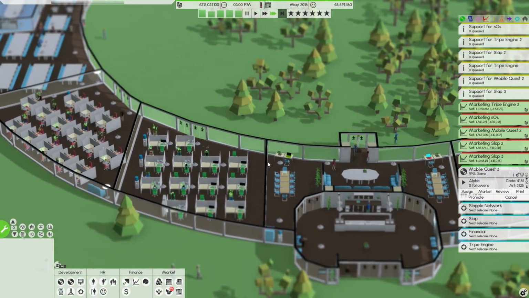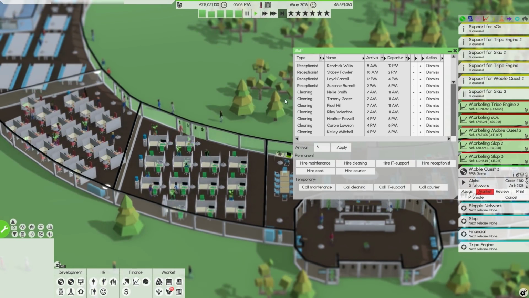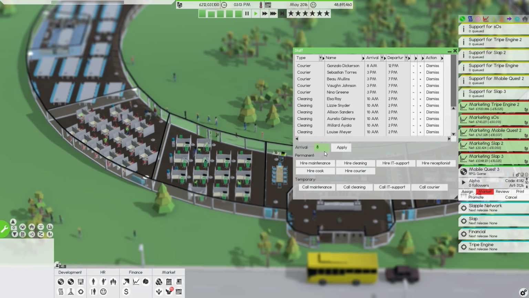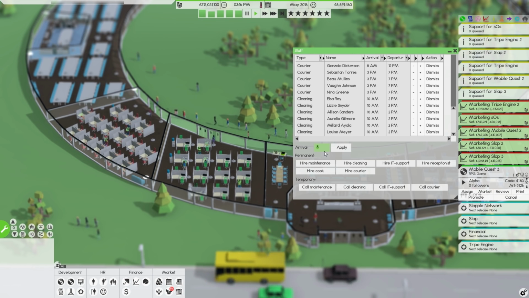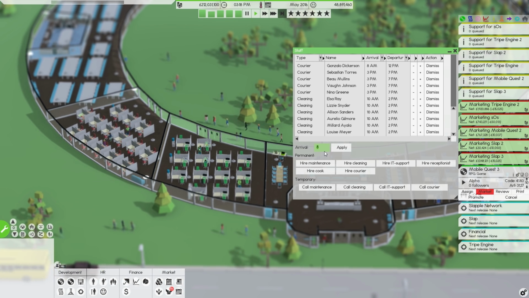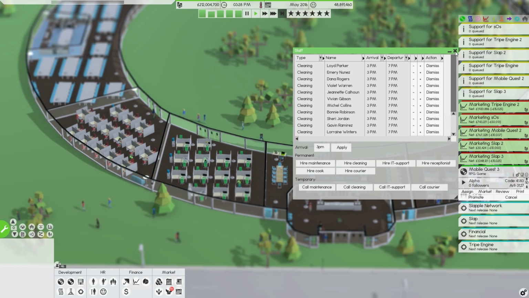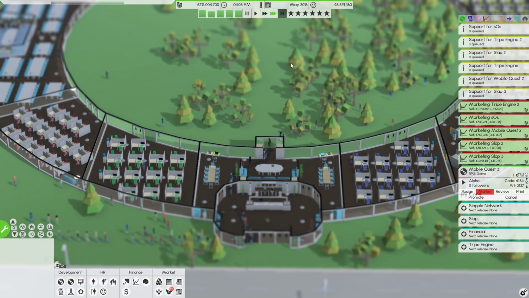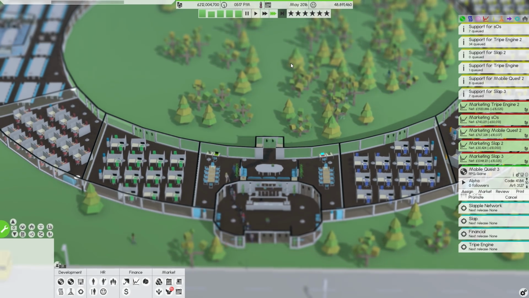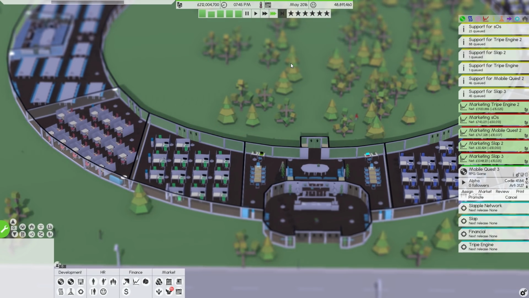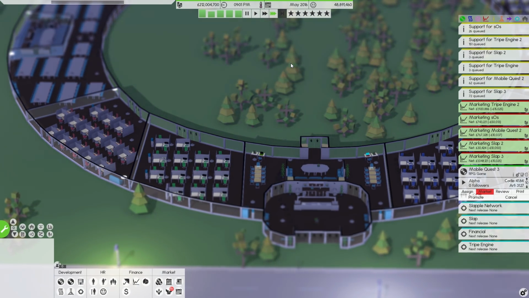I am noticing it does seem like we need more cleaners. So let's bring in some new cleaning staff who can all come in at like, I want to say, 3 p.m. and then just hire a bunch of cleaning. And they're all going to have to leave at 7, which is a bit late, but let's just hire that many of them. And hopefully they can help clean things. Because most of the employees have left by the time 7 comes around, so the place will be relatively clean, I think.